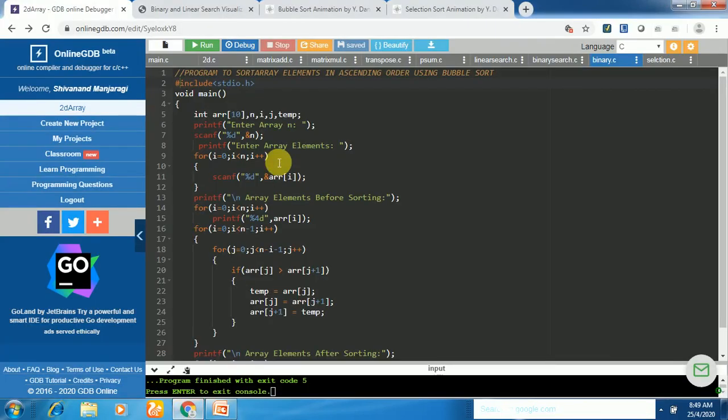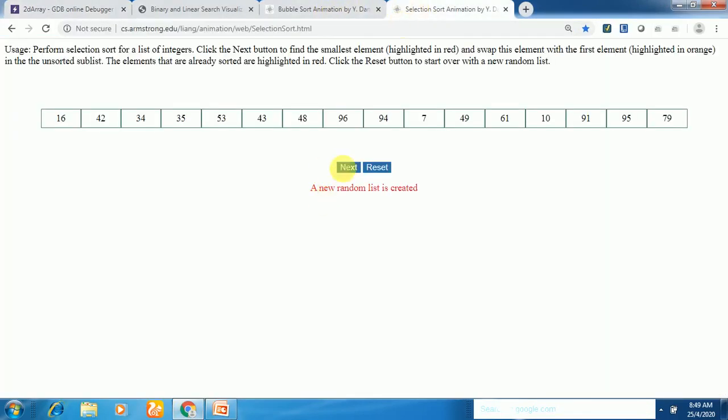Let us look at how the technique is going to operate here. First of all, find the smallest element of the array. In this array, the smallest element is 7. The minimum is 7, and the first value is 16. These two are unsorted, so we need to swap these two. Okay, now 7 has been put into the sorted list. From the remaining elements, let us find the next smallest. The next smallest is 10. That is swapped with the second element of the array. Just check it, this has been swapped.